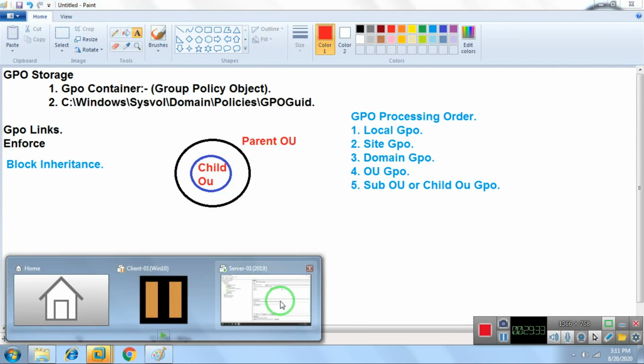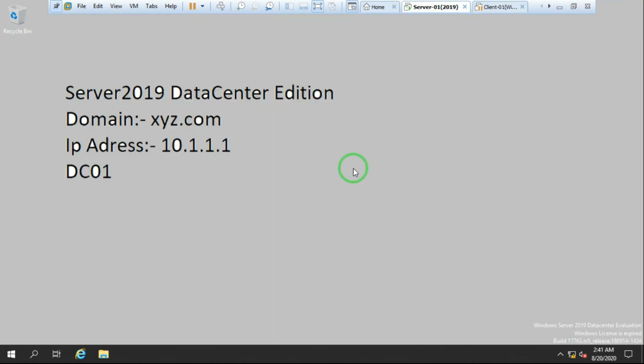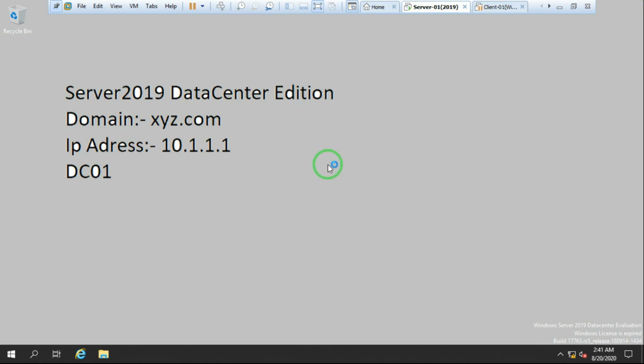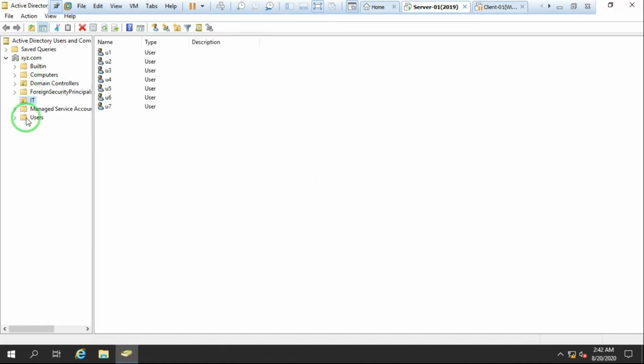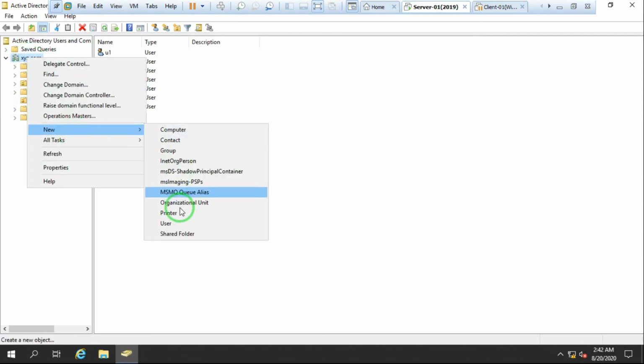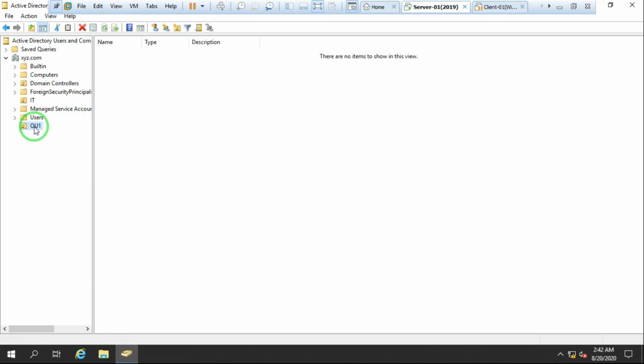Like I'm showing you, if I open my server and open Users and Computers, as you can see, I create one OU, this is my OU1, and I am going to create an OU under this OU.